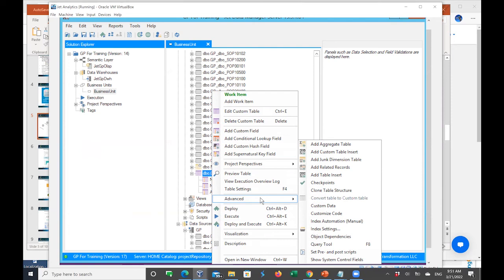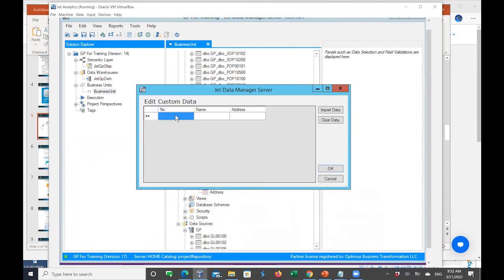And under advanced, good, there are some important things that we see here. You'll see one of the menu items where it says custom data. So I left-click custom data, and here I see now my grid, which allows me to populate my data. It's interesting to note, however, that whilst you are able to enter the data, so maybe 001, let me enter